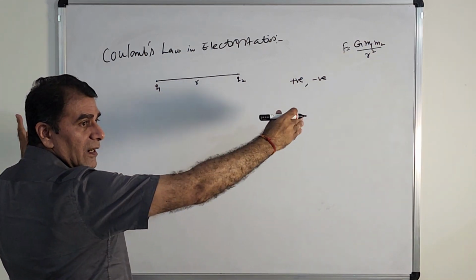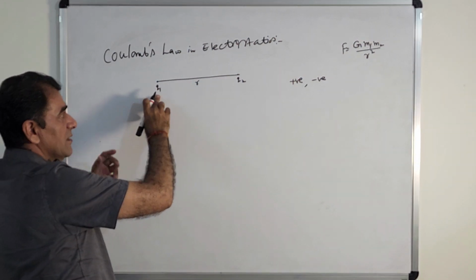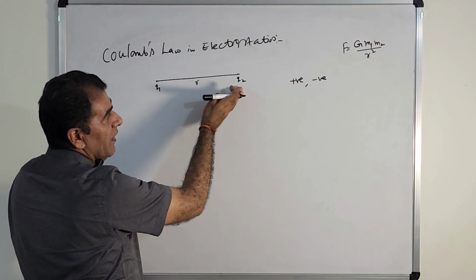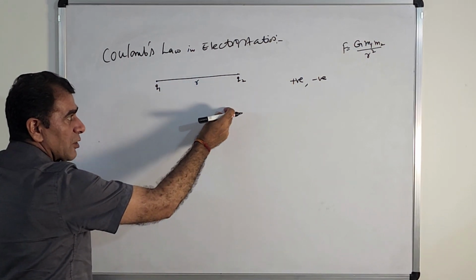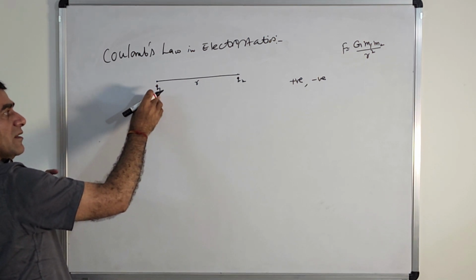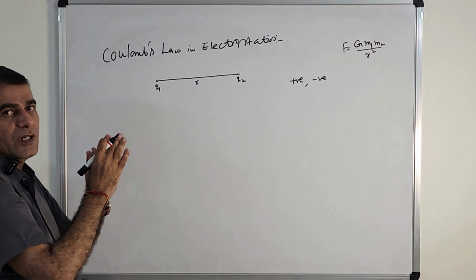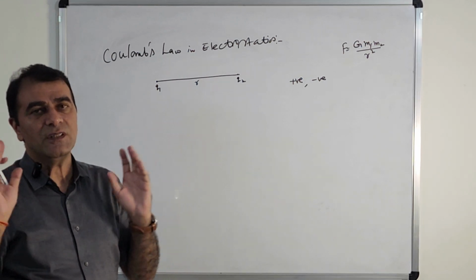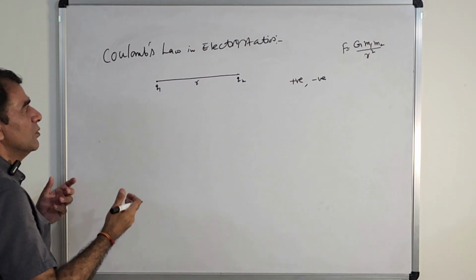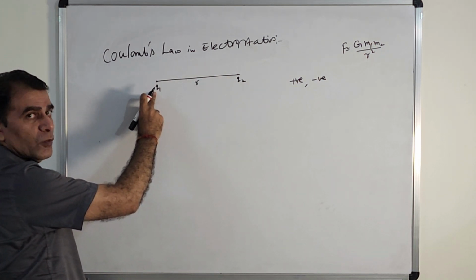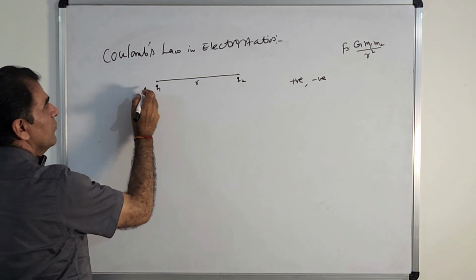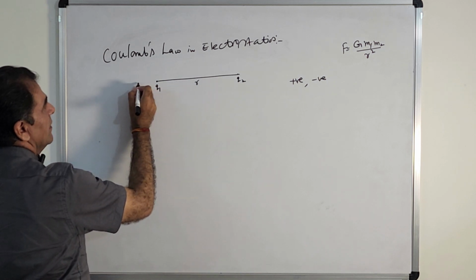These will fall apart. The force exerted by Q1 on Q2 will make Q2 go away, and the force exerted by Q2 on Q1 will make Q1 go away. So there will be a force of repulsion between these two. Let us assume that Q2 exerts the force on Q1, and that force is naturally